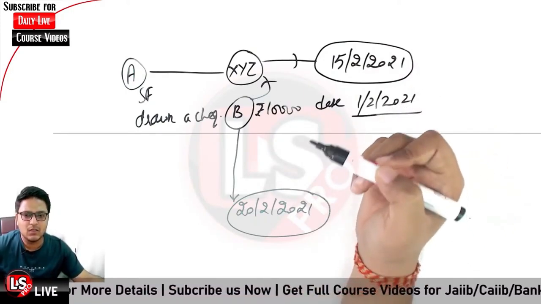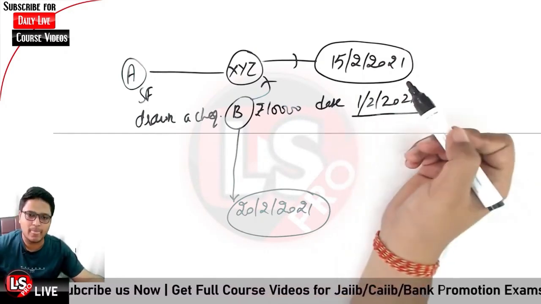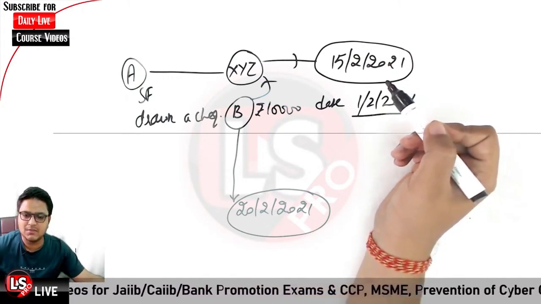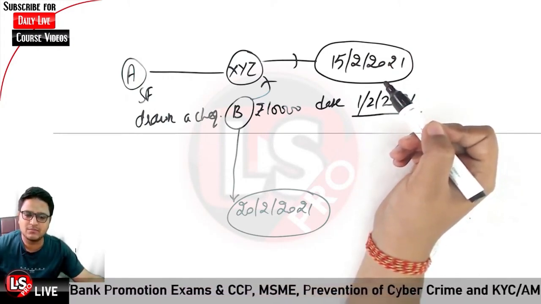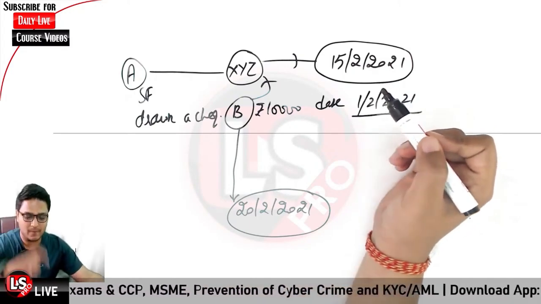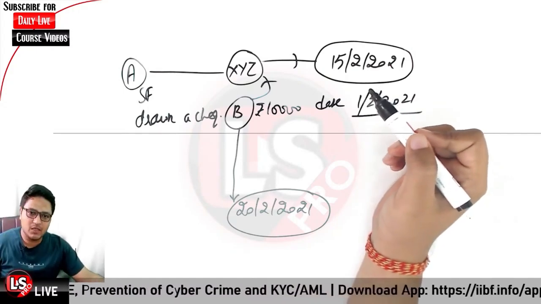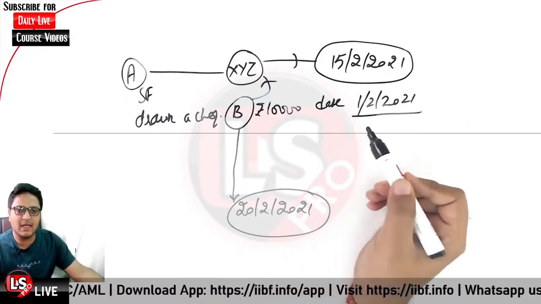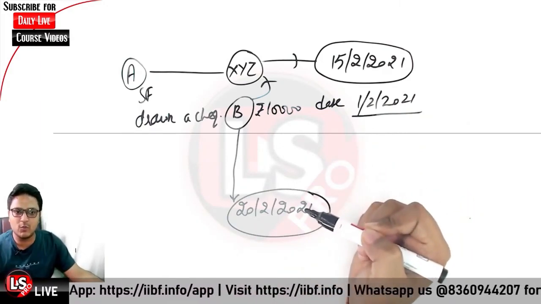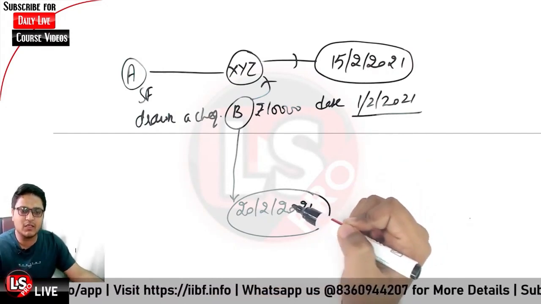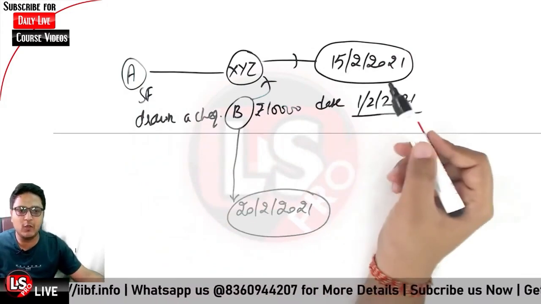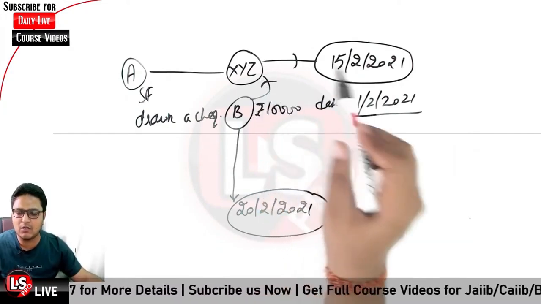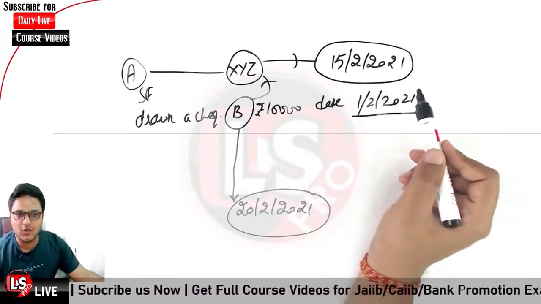In this case, should the check be paid or not? Kindly answer fast. So the scenario is clear that the check was drawn by person A in the name of B dated 1st of February 2021, and the check was presented dated 20th of February 2021, but in the meanwhile person A died dated 15th of February 2021, and it is in the notice of bank XYZ. Should this instrument be paid or not?